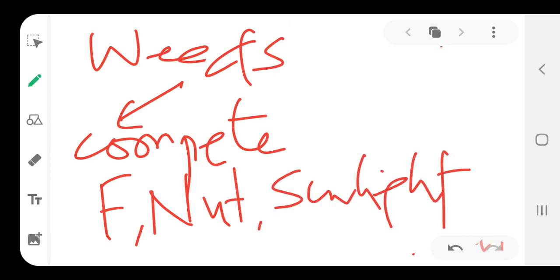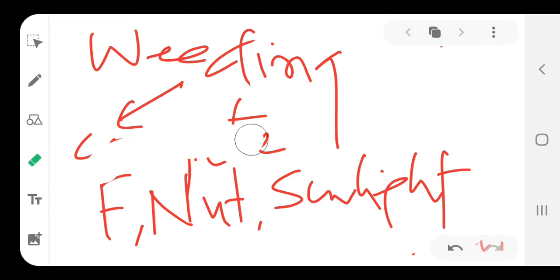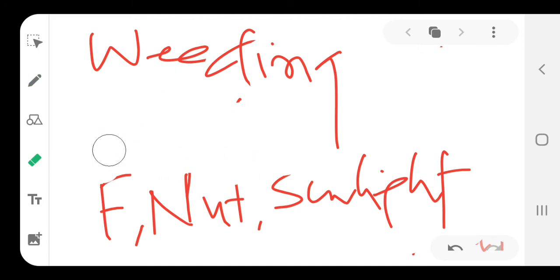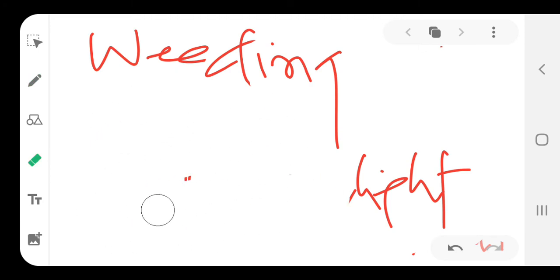As a result, our main cash crops suffer and the weed grows. So we have to remove them. Removing weeds is referred to as weeding. Weeding can be done in two ways: manually, or with chemicals.